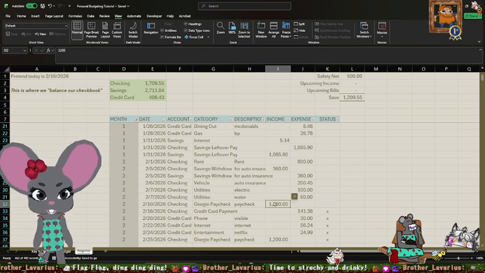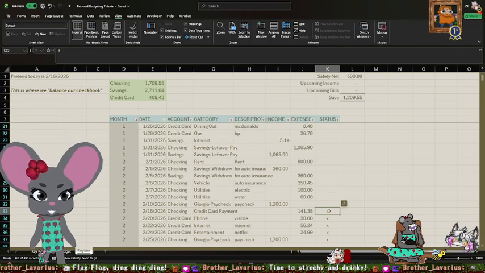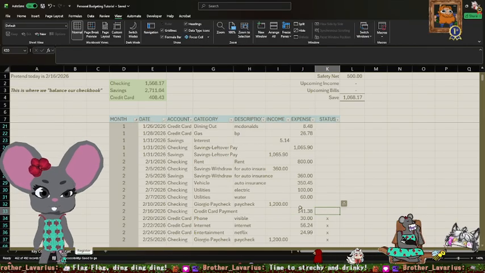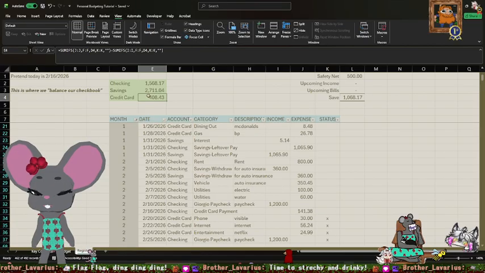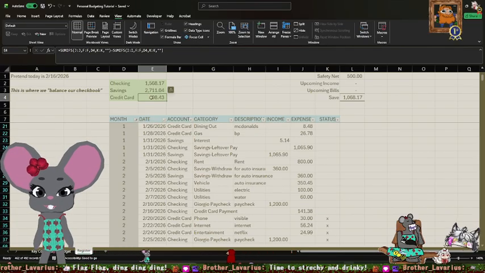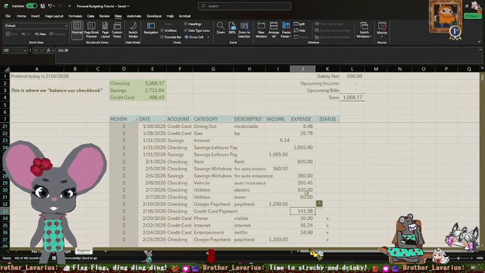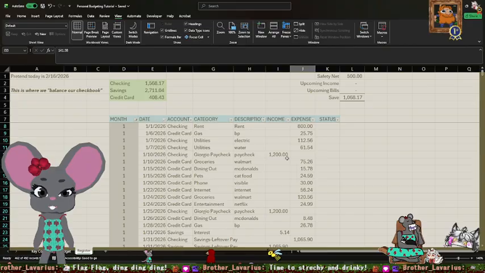And we got our paycheck. Now it's time that our credit card gets paid. Let's go ahead and say it came out of the account. So our credit card balance is going to be changed. It's going to be reduced by the amount of the statement. So we want to mark those credit card transactions as having been paid.